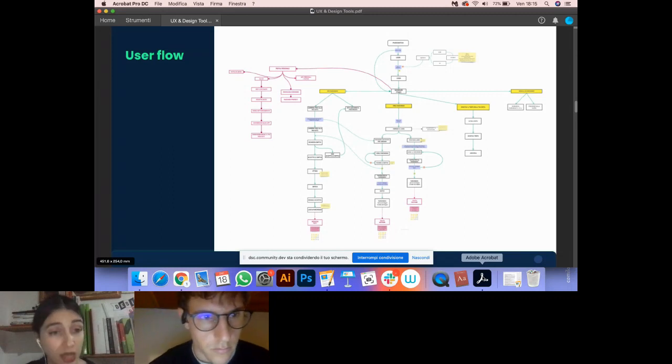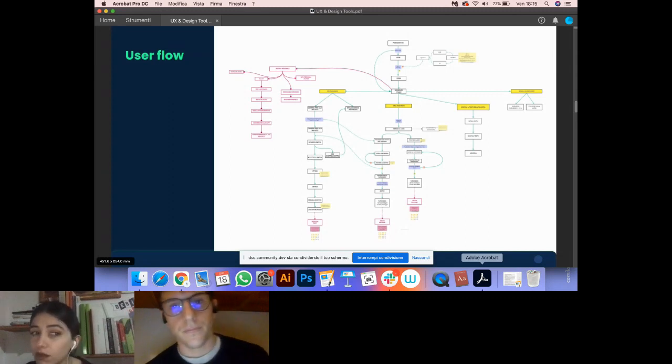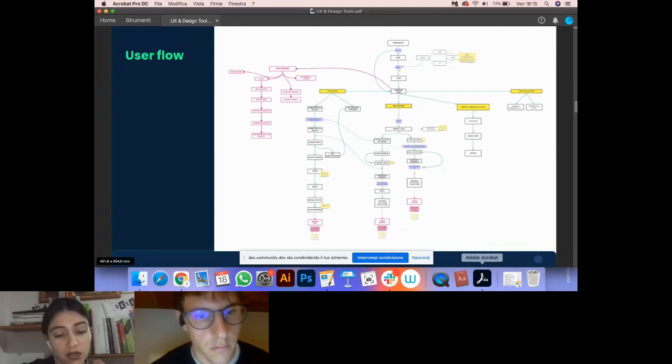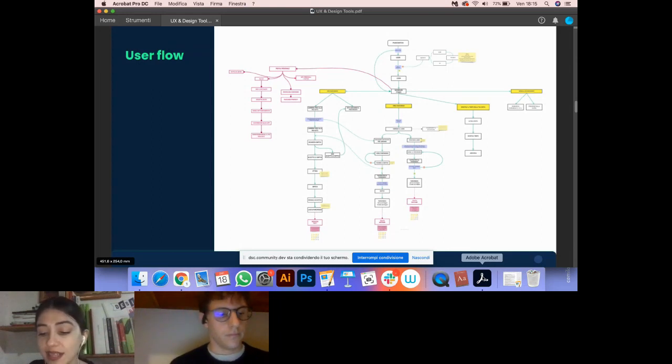From the splash screen, for example, that's the screen with our logo, our brand identity, to the login flow, for example. From there, we get to the home page, and then we can have several options depending on the app. Once we have defined the flow, we can create the visual part. The first step is the creation of wireframes.